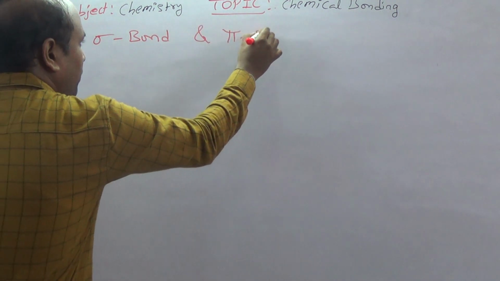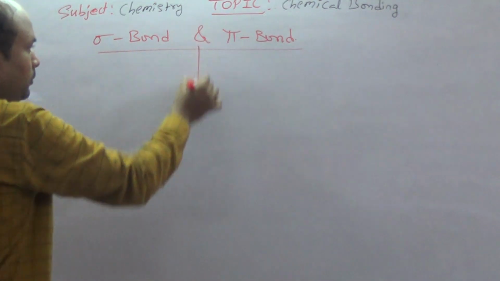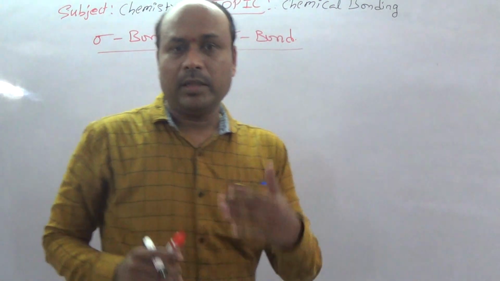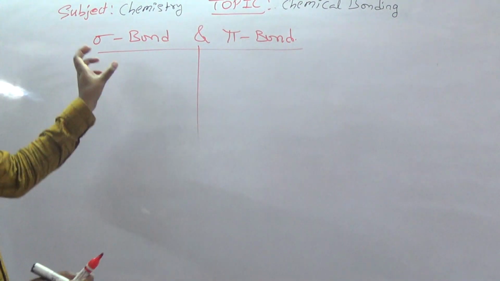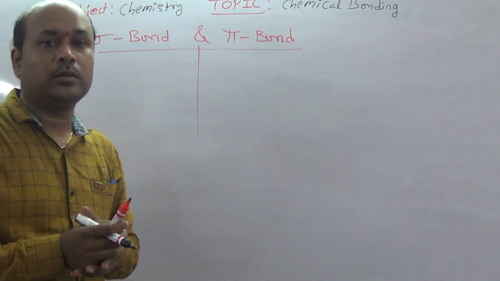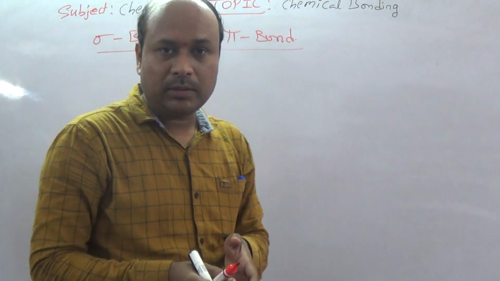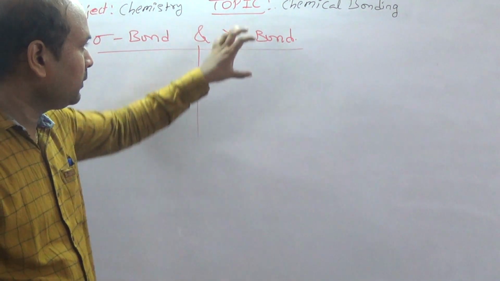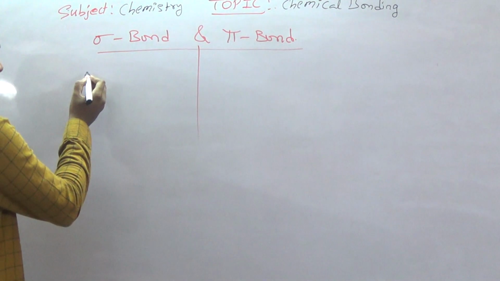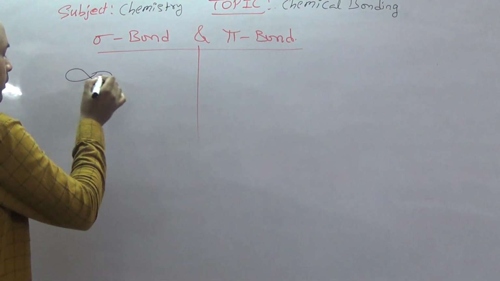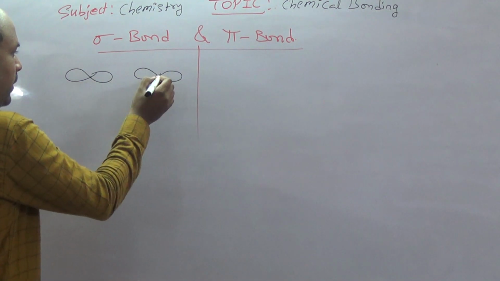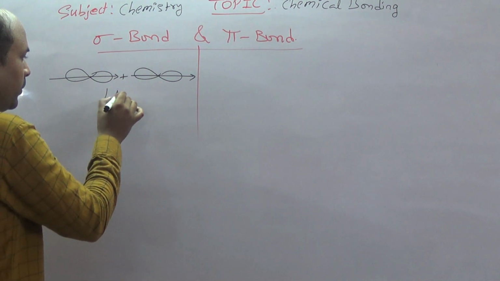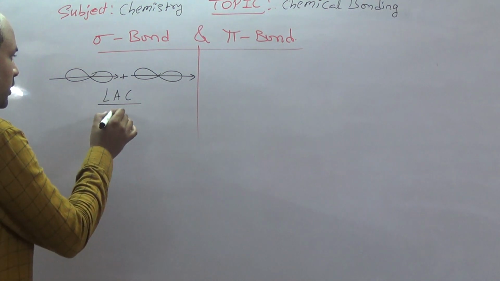sigma bond and pi bond. So how is the sigma bond formed? For a sigma bond, we want a simple definition, because we are in a short-term period. The linear atomic overlapping of atomic orbitals gives a sigma bond, whereas lateral overlapping of atomic orbitals forms a pi bond. Suppose here I am taking one p orbital, and this is also one p orbital. Imagine these two undergo overlapping in a linear manner, linear atomic combination, then it forms